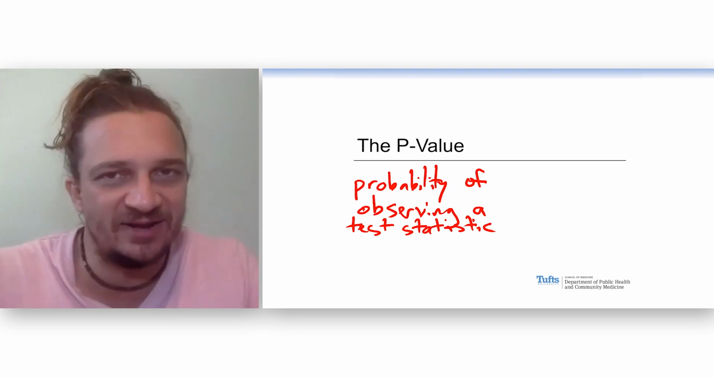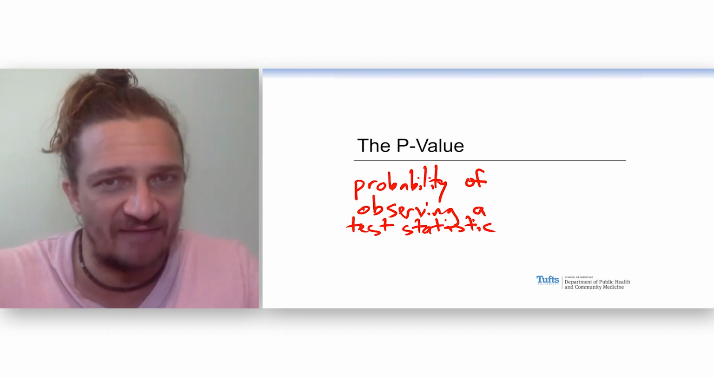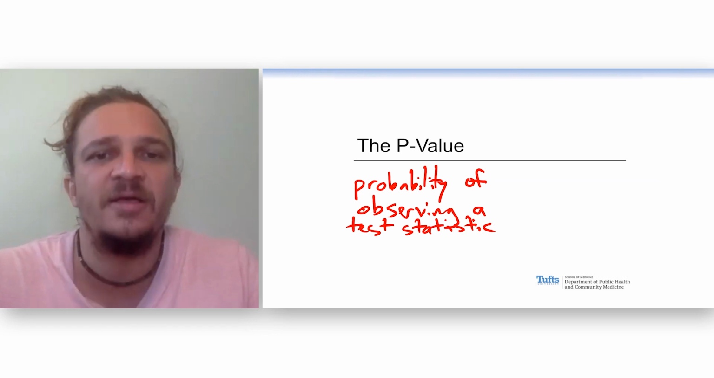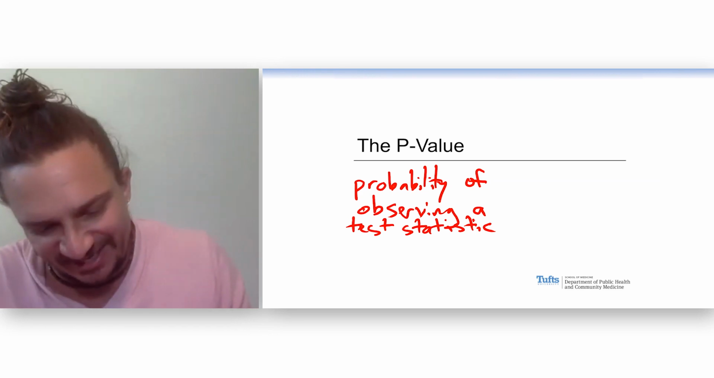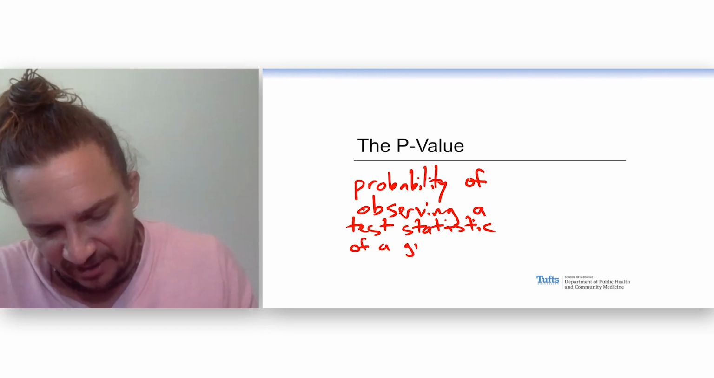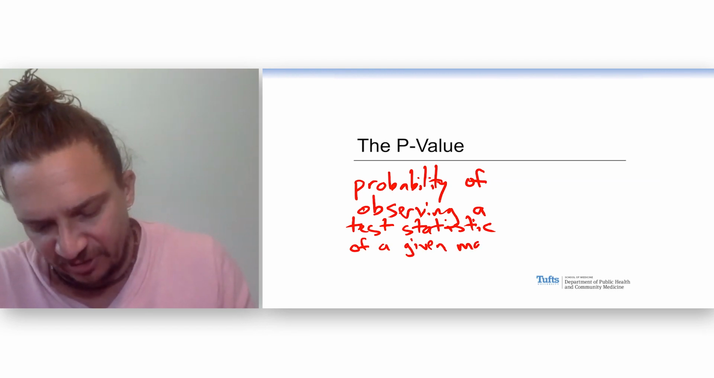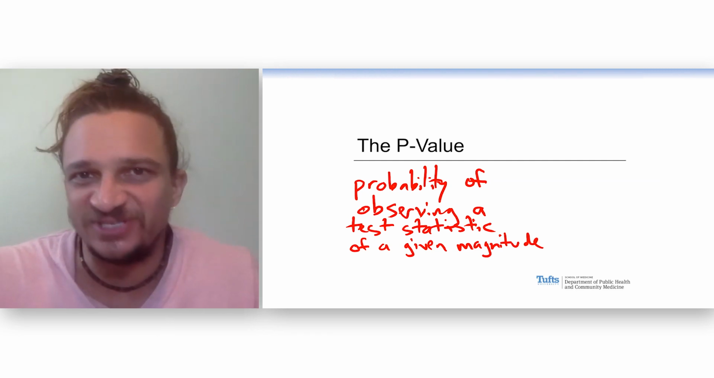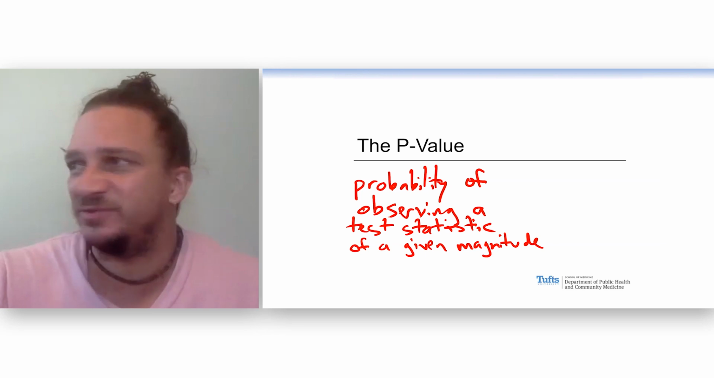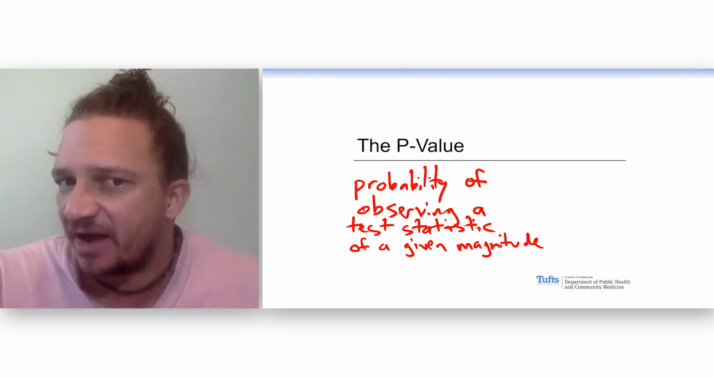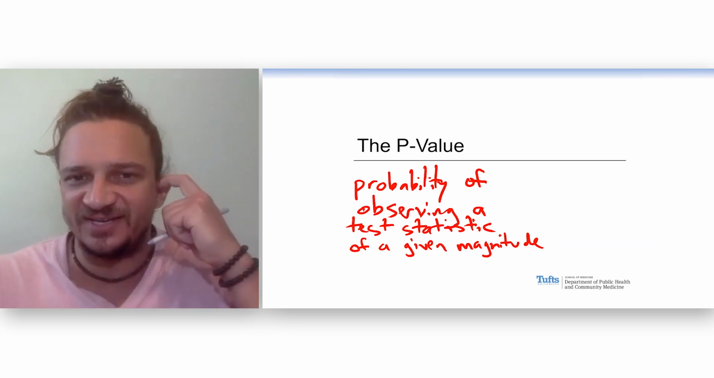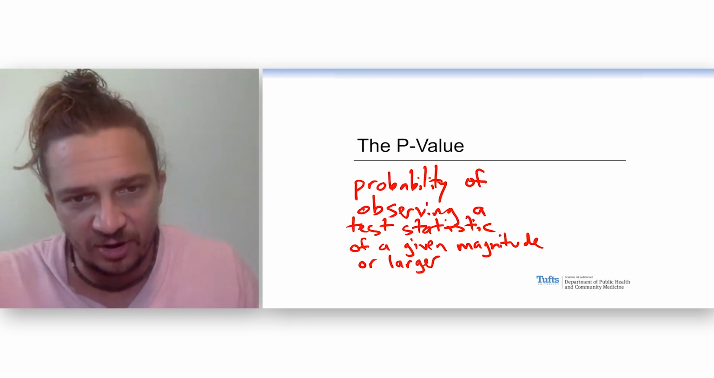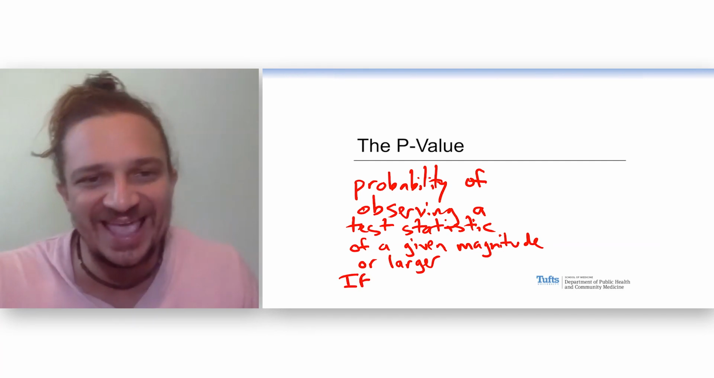When we first talked about this, we hadn't done the idea of test statistics, but now we have. We've done t, right? t is a test statistic. It's a number that summarizes your data. The probability of observing a test statistic of a given magnitude, it's like, what's the chance of getting my data? In lay terms, this is like, what's the chance I would see what I got? The probability of observing a test statistic of a given magnitude or larger, and this part is really important, if